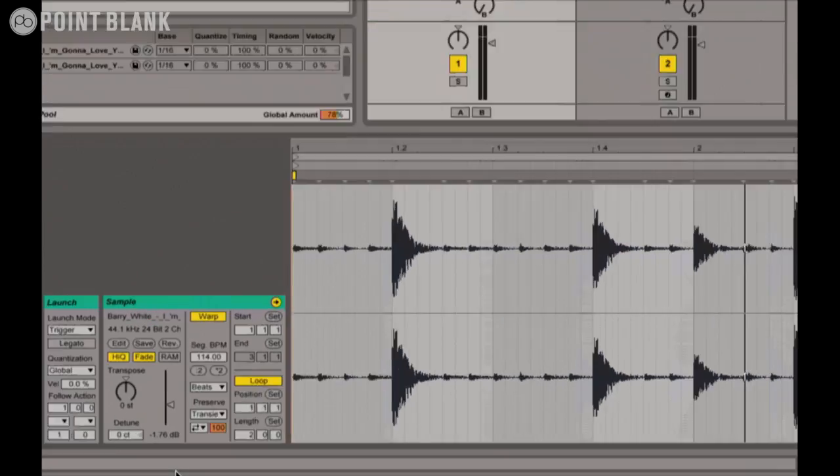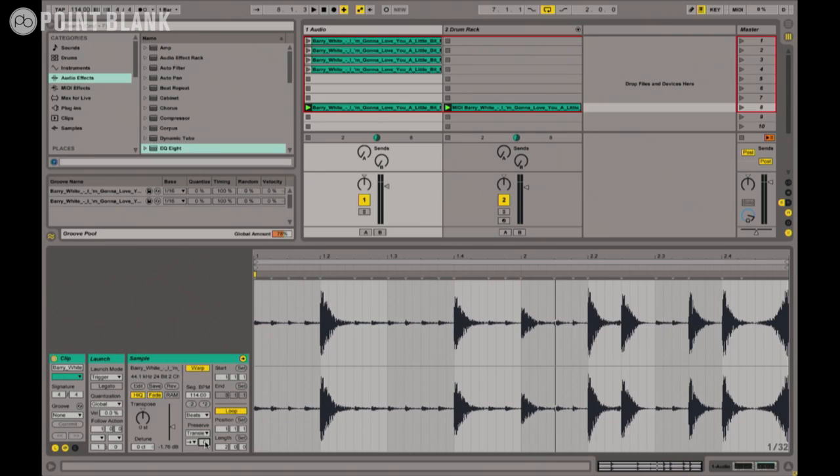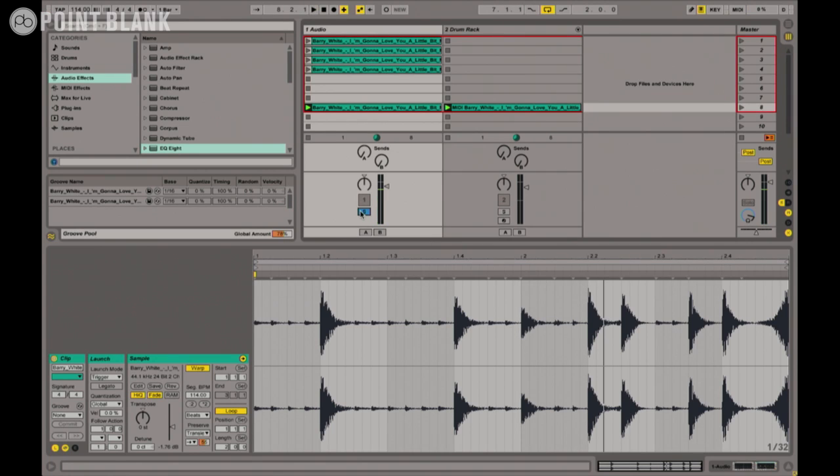We can clean this further using what we call the warping mode here. Leave it on beat and get that gate mode going. If you drop that value here, you will be able to staccato the notes. So there's a bit of space, a bit of silence between each sound. Yeah, it's a bit tighter. Yeah, it's a bit more dynamic that way. It's like bringing the sustain and the decay down on a sampler, really, what we used to do,